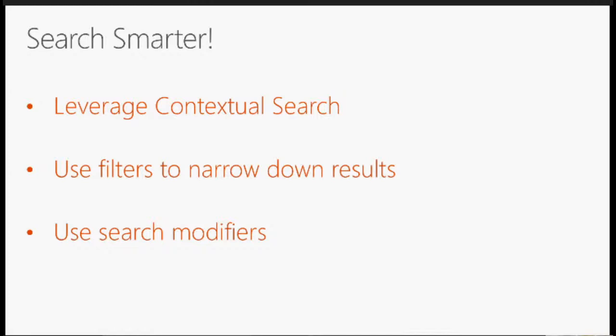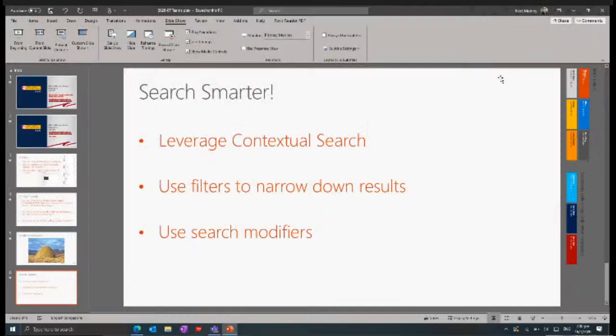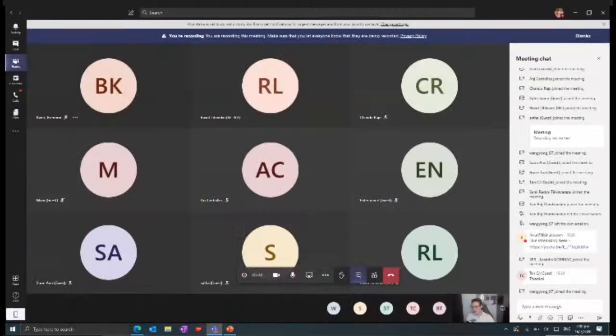If we know roughly where we're trying to find the content, we're going to use the filters to narrow down potential search results. And the last thing is we're going to use search modifiers, to again not just try to find something, but use a smarter search query to find that specific content. That's already the end of the mini slide deck that I had. I'm going to jump right into